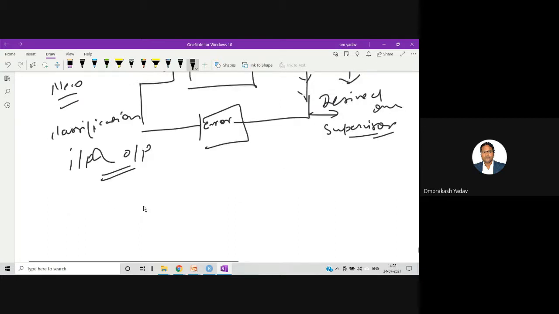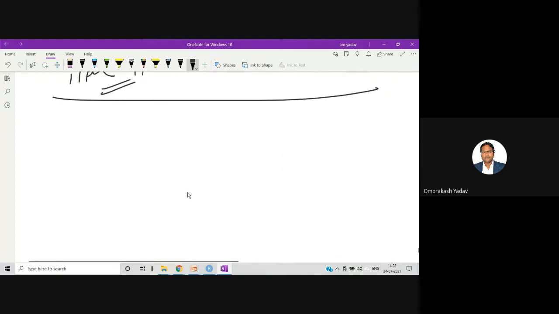In unsupervised learning, what happens? This is not part of our particular course, but I'm explaining it so that we are gathering the knowledge now. This is the proper time to at least gather the knowledge. Each and every concept will be clear, and then the rest of the course is definitely the practical session. So, unsupervised learning. In unsupervised learning, what happens?